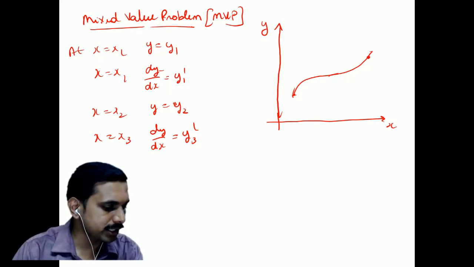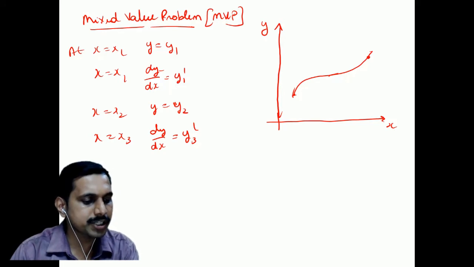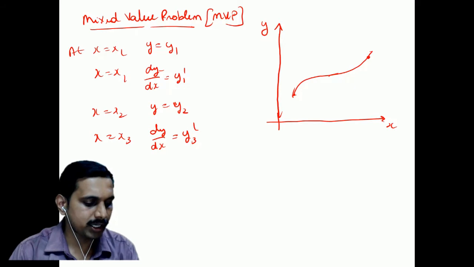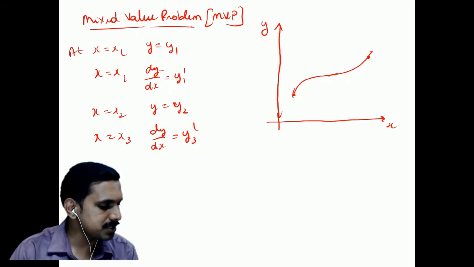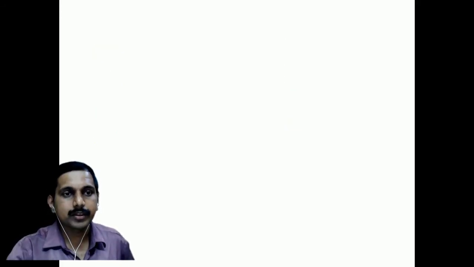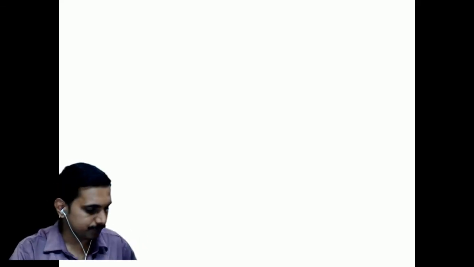We have covered degree. We have said what is a particular solution, what is an explicit solution, what is an implicit solution. Linear, non-linear, initial value, boundary value, mixed value problems. Done. Next we will go with a simple one, which is called solution. Okay, so we are going with the solutions now.